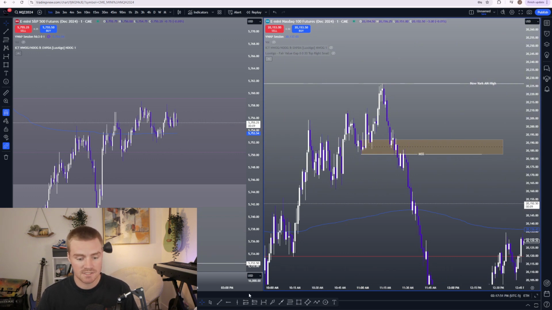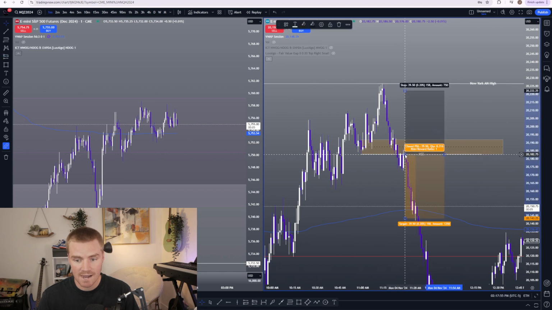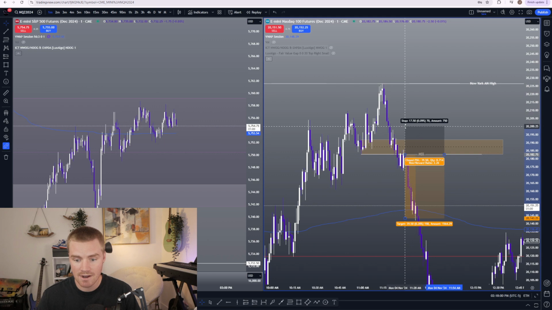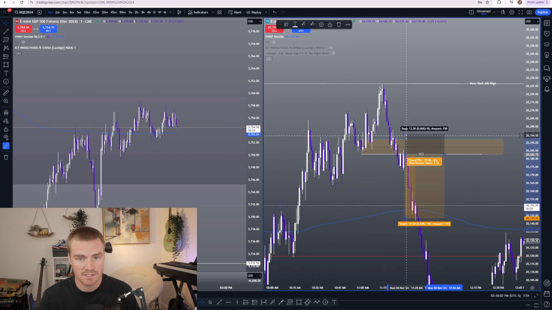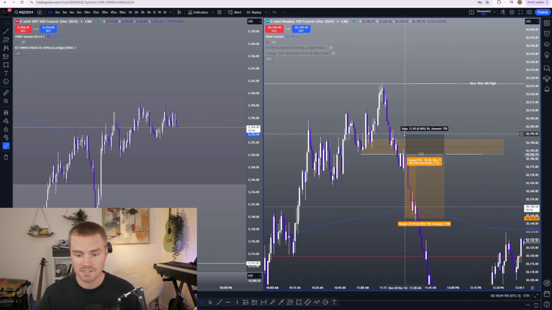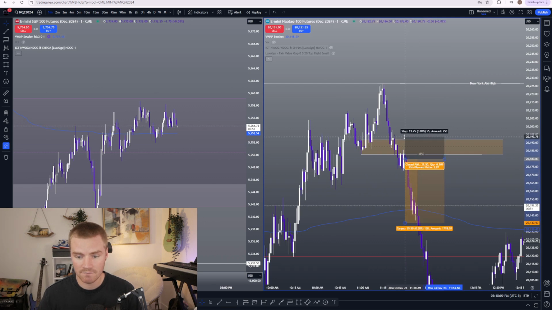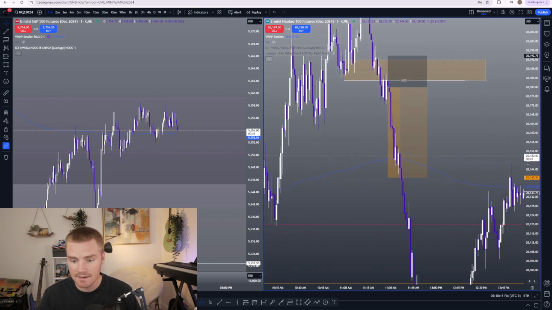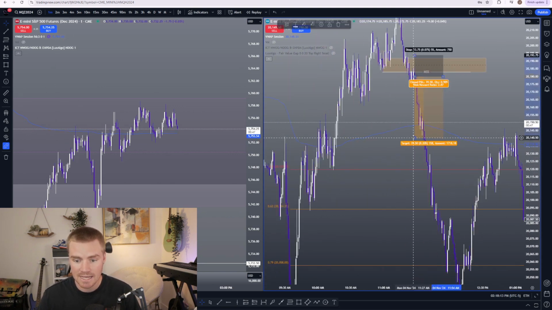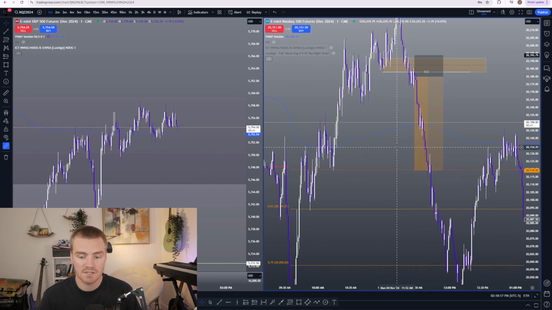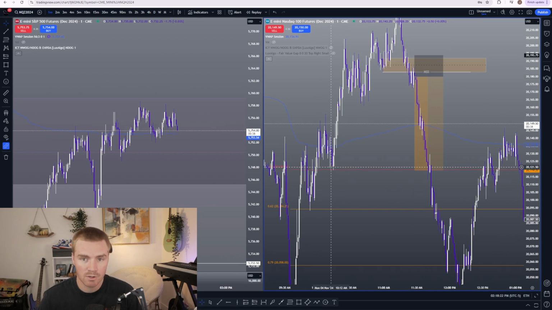All I wait for is displacement below, get the market structure shift, and then I wait for retracement back into the breaker block. I put my stop loss above this high right here or above the breaker block, wherever it needs to be. Today I had about a 55 tick stop loss, so my entry was a little bit lower. I waited for a reaction, and then I had about a 55 tick stop above the breaker. And then I got in my short position, and I held it all the way down to these lows, 243 ticks to be exact. From all the way up here to the exact equilibrium price down into a discount,